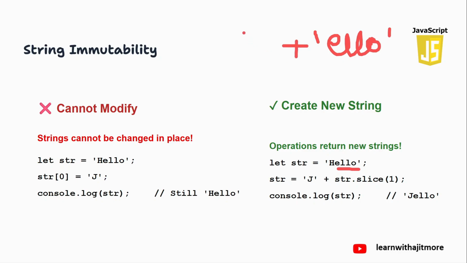और पहला स्ट्रिंग क्या है आपका? जे। ठीक है, तो जे और ये दोनों कॉन्कैट होकर क्या बना? ये नया। और ये नया जो बना है वो वापस हमने किस में रेफरेंस कलेक्ट किया? एसटीआर में। एसटीआर में पुराना जो हेलो का रेफरेंस था वो गया, और ये रेफरेंस आ गया। तो बाय डिफॉल्ट न्यू स्ट्रिंग क्रिएट कर देता है ये मेथड।